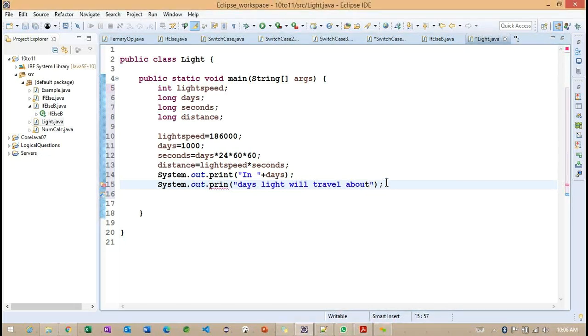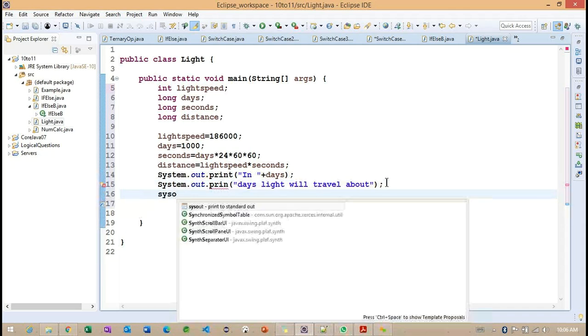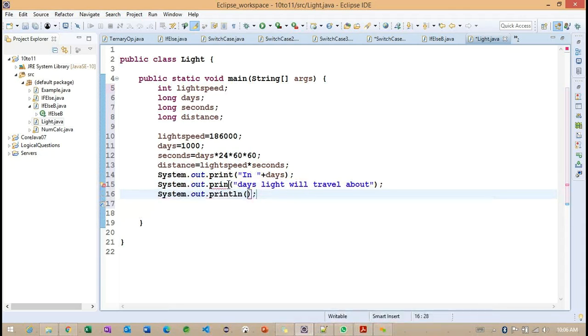Then with println, I want to specify something called distance here.